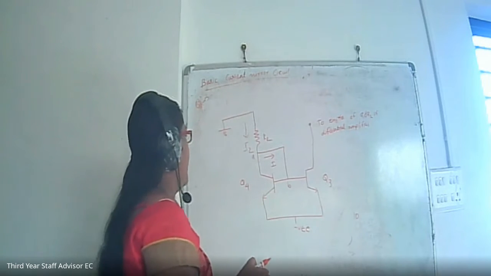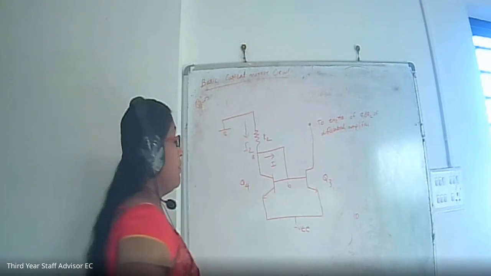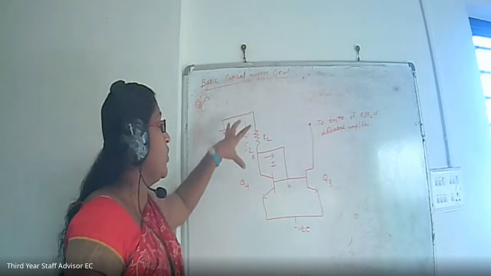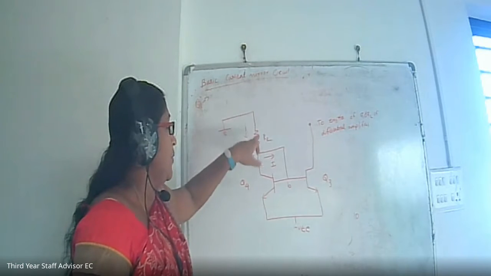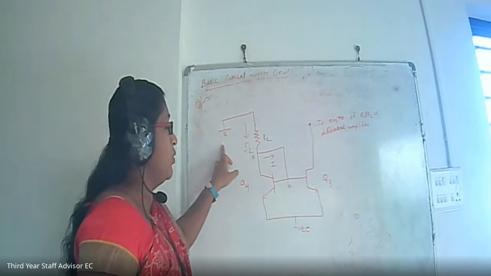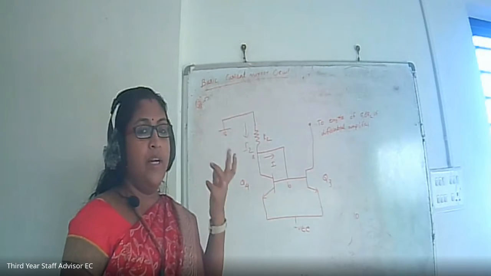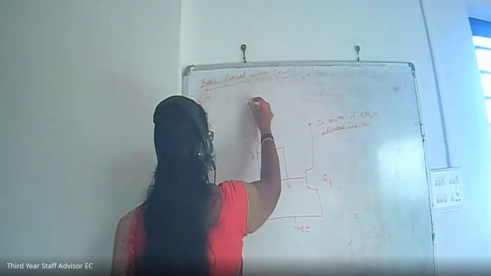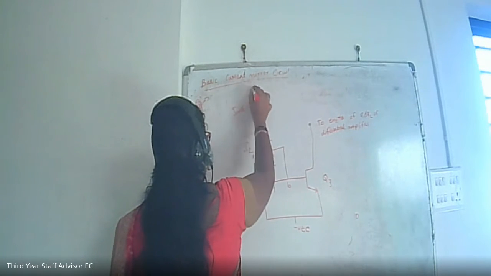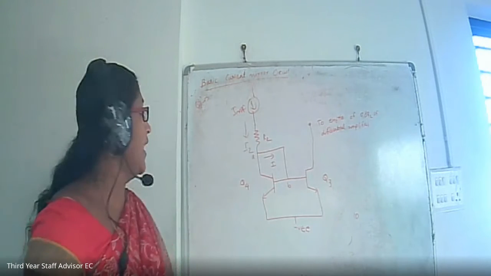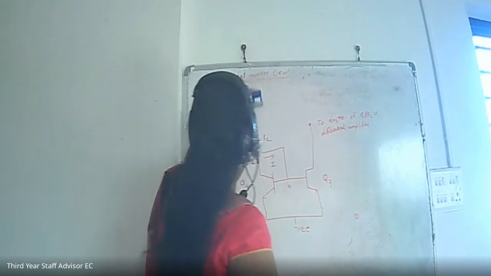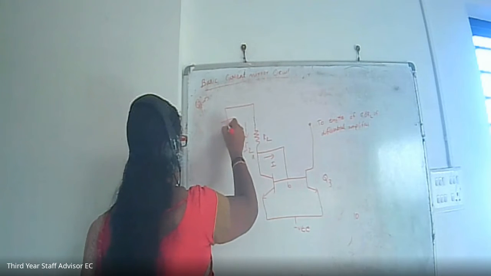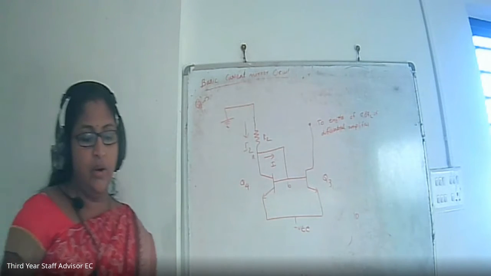Now you can draw the circuit diagram I2. Sometimes you might have a doubt: here the ground is shown, then how is this current coming? Actually, for DC analysis purposes, we are grounding the source. If we draw this simple circuit diagram, it will be shown like a current source. See, the current source will be like this. This is I reference. Actually this is the circuit diagram, but for the DC analysis purpose, we are grounding this source. So now you can draw like this. This is the circuit diagram case. Okay, you can draw it.